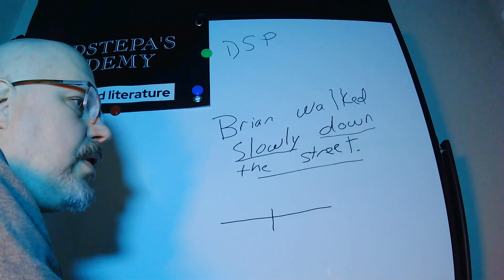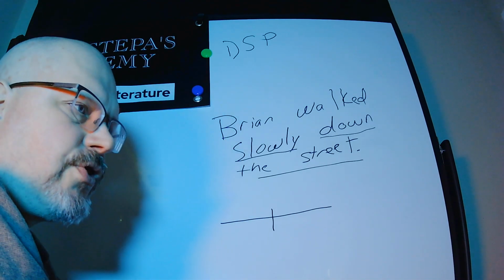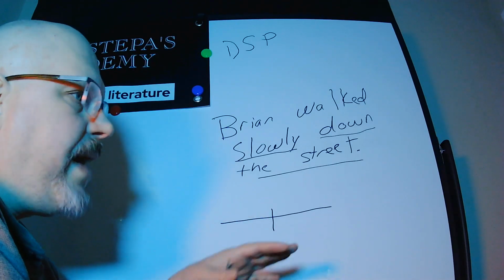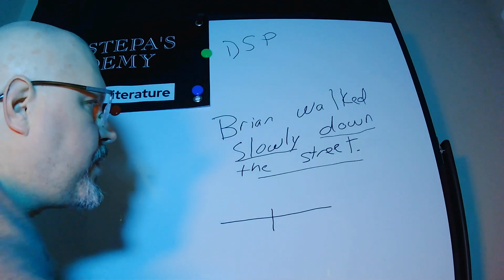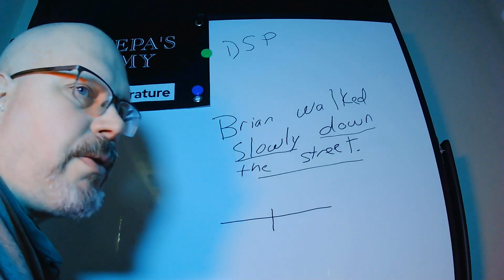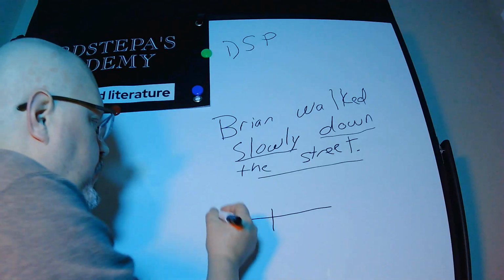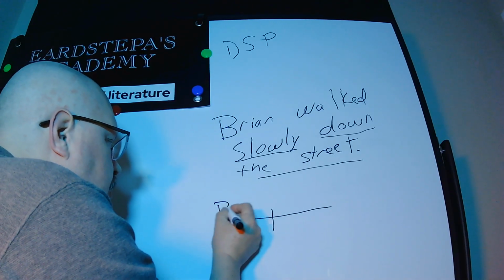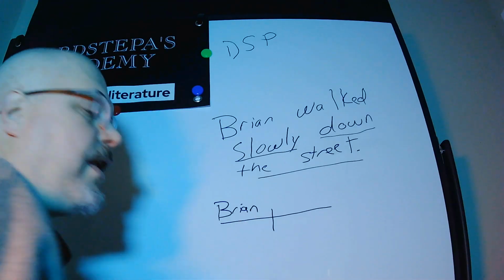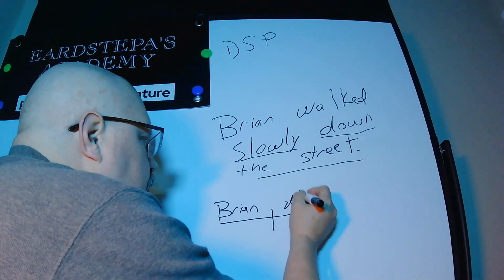For example, what is it? On the Waterfront is a prepositional phrase, but it's the name of a movie, and so that could be a subject. But this is not the title of anything, so this will not be a subject. So what we're left with then is Brian and walked. And of course the subject is going to be a noun or a pronoun. So we're going to have Brian as the subject, and then walked